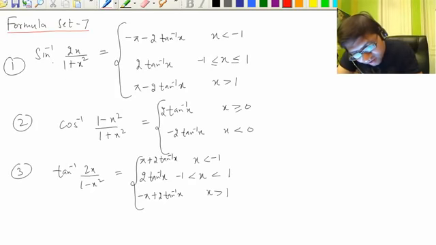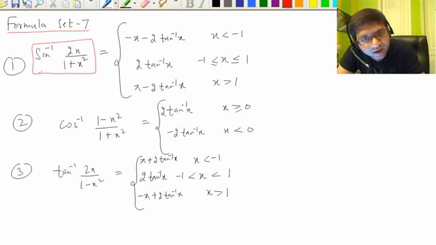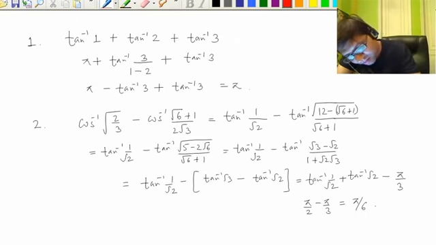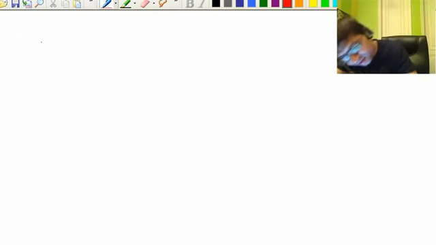See, when we have sin inverse 2x over 1 plus x square, it is also a compound function, right? So the definition of this, if you break this, it is like this. This definition comes. I can explain to you how to break this, and the rest you can do yourself. Let's make a new page. The logic understanding is the same.